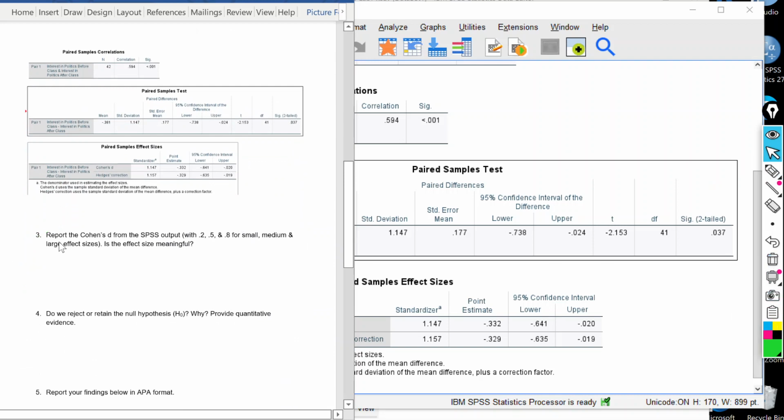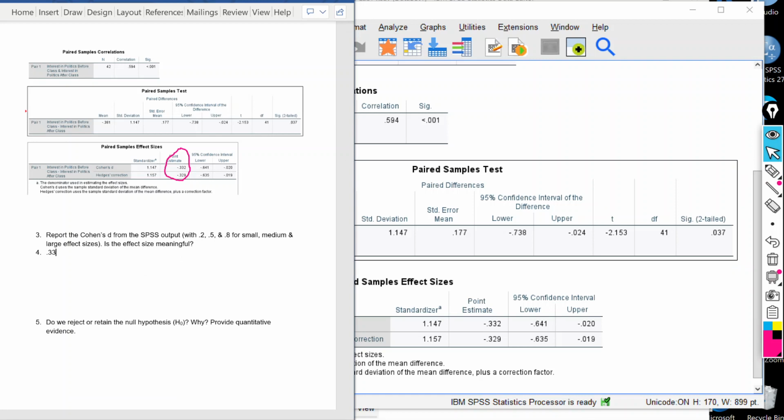Now the next thing that you need to do is report Cohen's d, and you need to successfully interpret this portion of your output, which is the point estimate. Your Cohen's d in this case is going to be 0.33. It doesn't matter if it's negative or positive, it's an absolute value in this case. And we know from Cohen's d that a value of 0.2 represents a small effect, a value of 0.5 represents a medium effect, and a value of 0.8 represents a large effect. So in this case, is the effect size meaningful? It is a small to medium effect. And my judgment